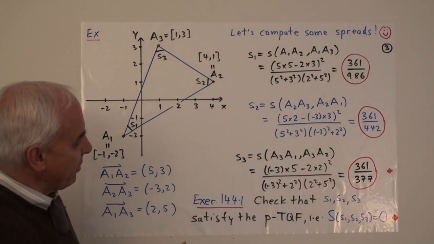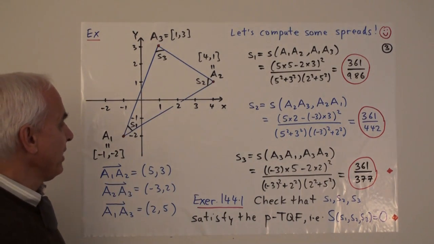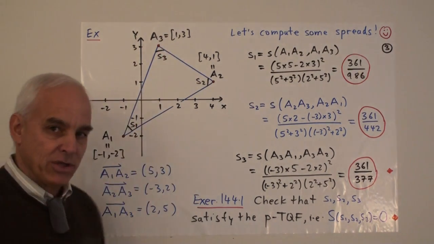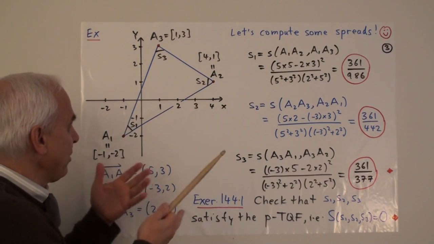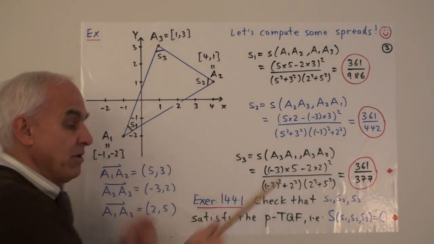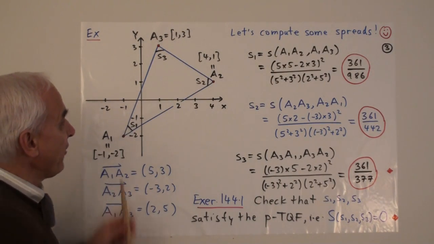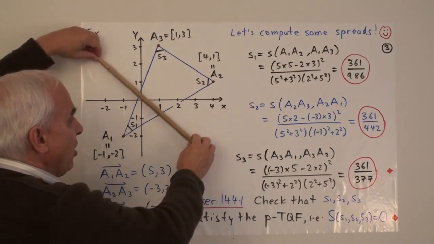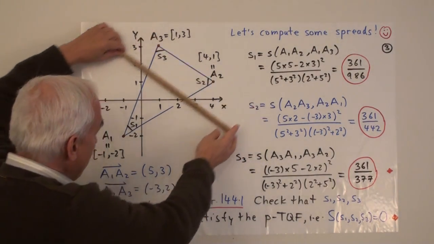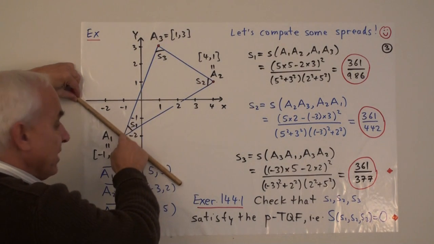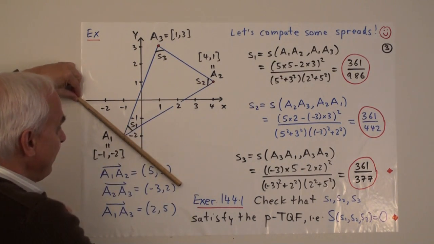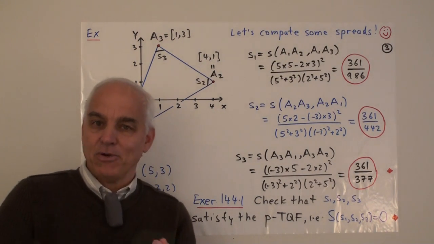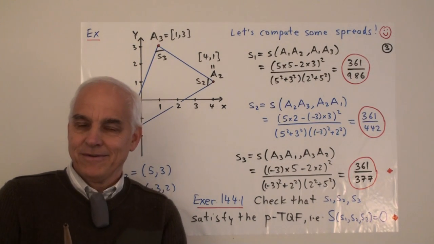Okay, and you might like to think about why this is. Is this some kind of miracle? Well, it's really not much of a miracle if you've understood the projective triple quad formula in the one-dimensional case. This is really very similar to the one-dimensional case, even though it's appearing in 2 dimensions here. And the reason is because if we take one of these lines and we move it, then the spreads stay unchanged. In particular, if we move that line so it's meeting at the same place where these other 2 lines meet, then we get 3 spreads which are all at the same point, and then it really is basically the projective triple quad formula. So please think about that.